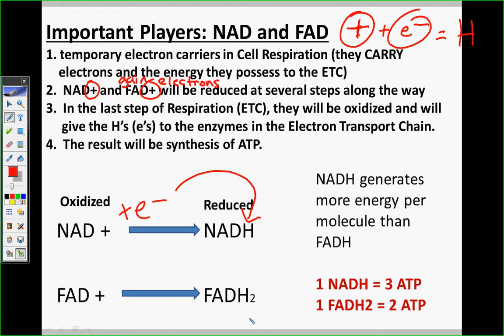So how come FAD, when you reduce it, you get FADH2? Why do you get that? Why do you get FADH2? Because this is going to actually have a 2 plus. Okay, and the NAD is just